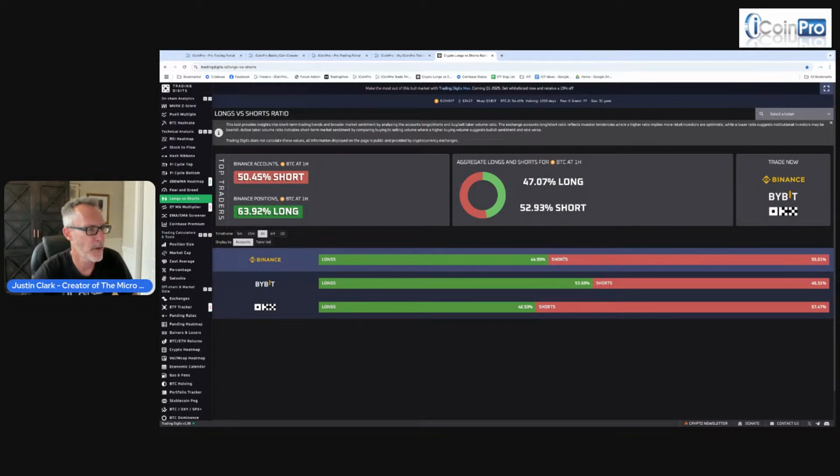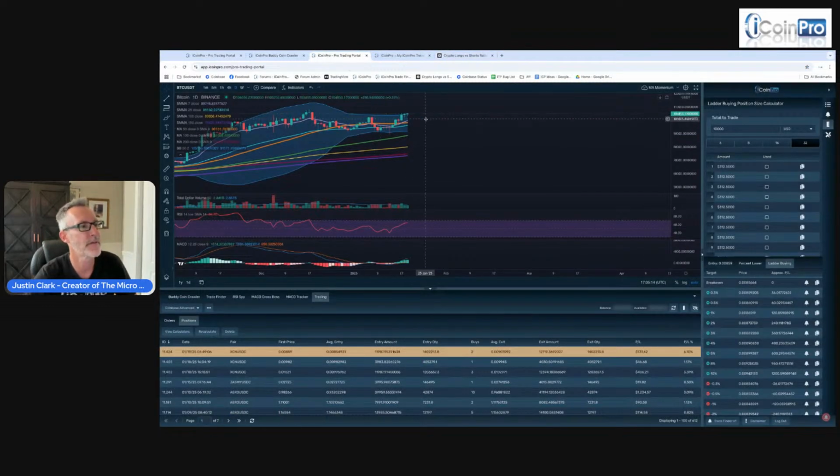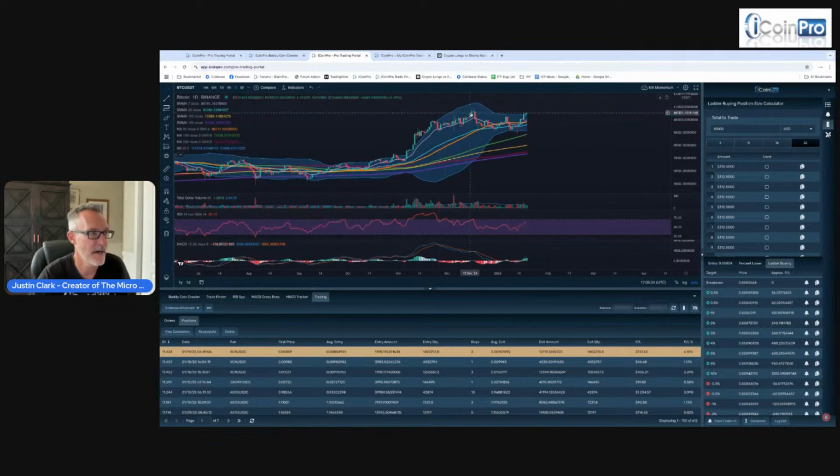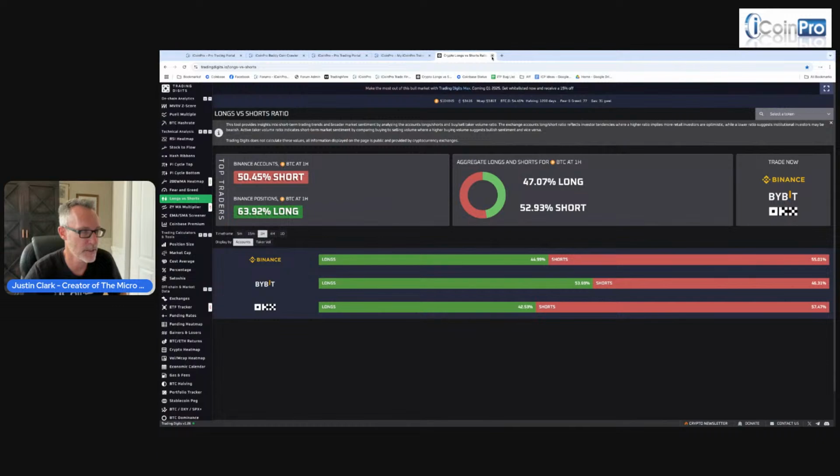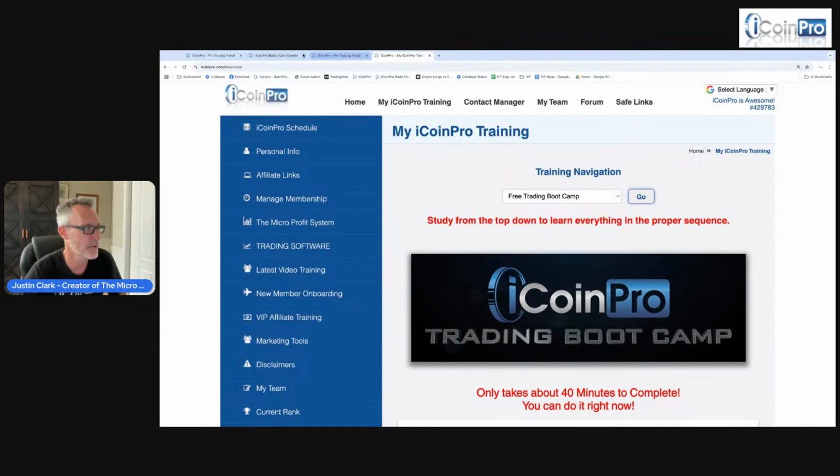Shorts are getting a little bit more. I don't worry about this till either of these numbers get to over 70%. But if we keep creeping up, the shorts are starting to feel like, hey, we should be shorting here. If we keep creeping up and those shorts go over 70%, it could trigger a short squeeze, which could make the price go up dramatically. So we'll just have to keep an eye on it. But right now, we're nowhere near that at all. It's just pretty much business as usual trading for us.